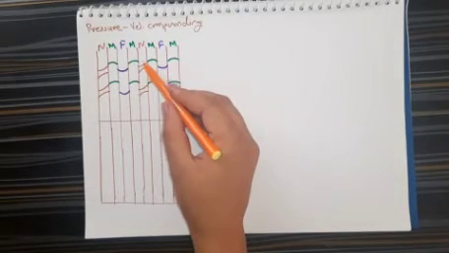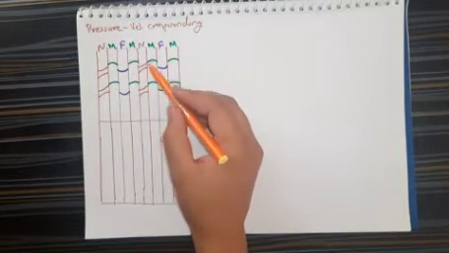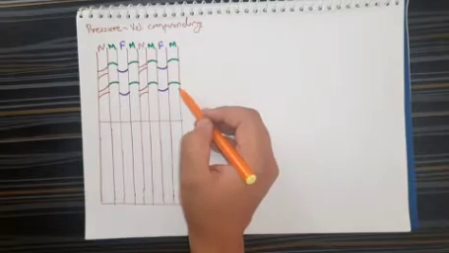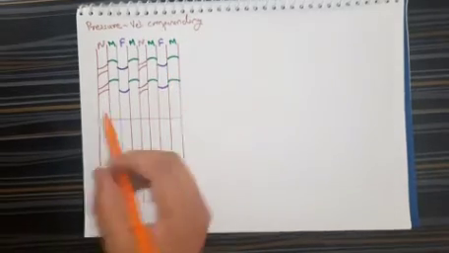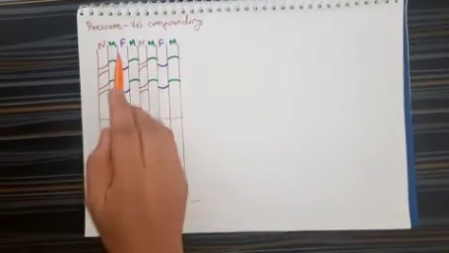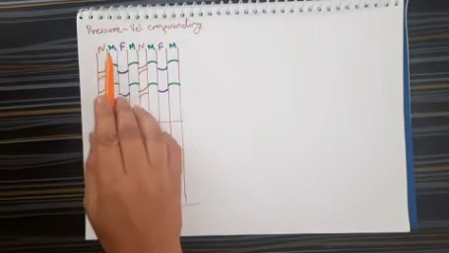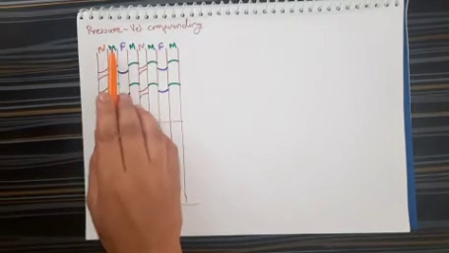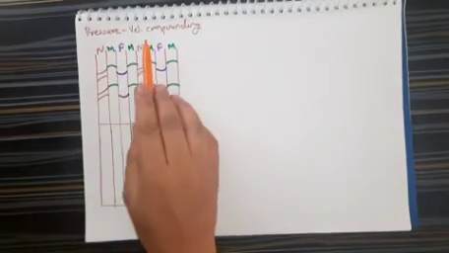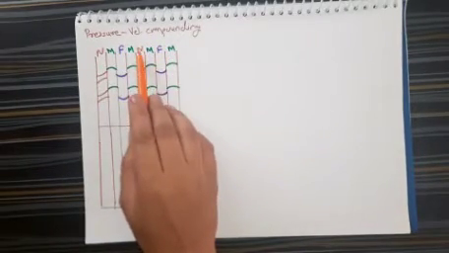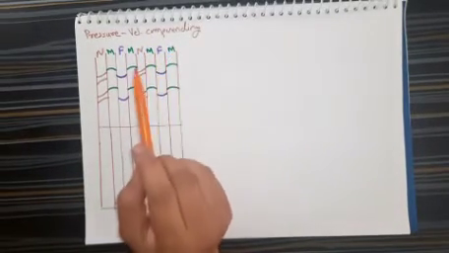Again it will pass through the nozzle, and then moving blade, fixed blade, and moving blade. Here you can see these are the two velocity compoundings. You can see this is the first velocity compounding: nozzle, moving blade, fixed blade, moving blade. This is the second velocity compounding, that is nozzle, moving blade, fixed blade, moving blade.